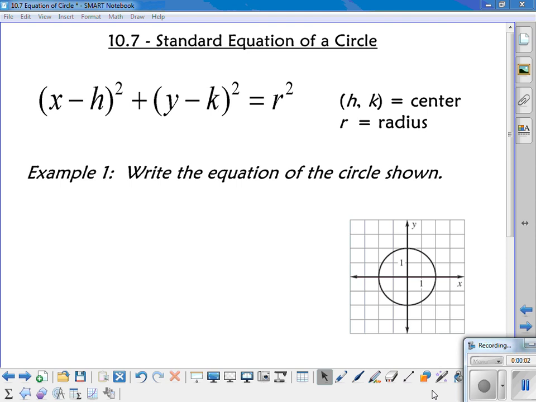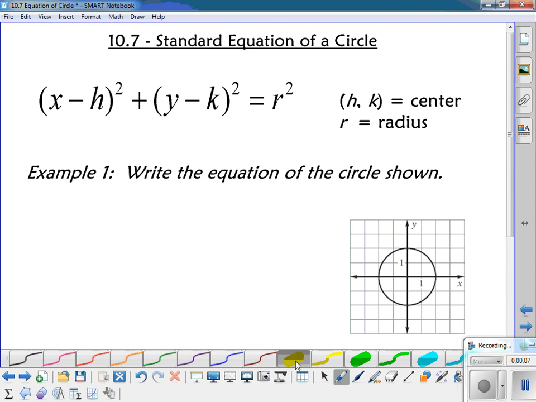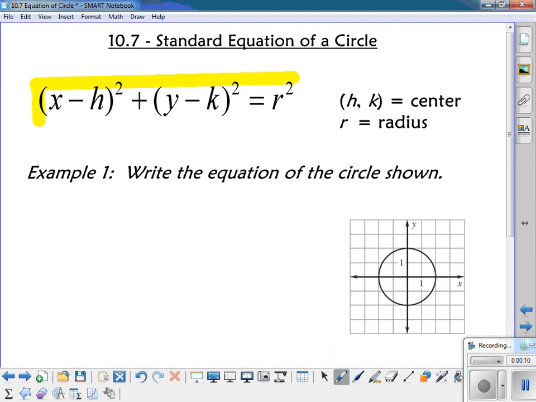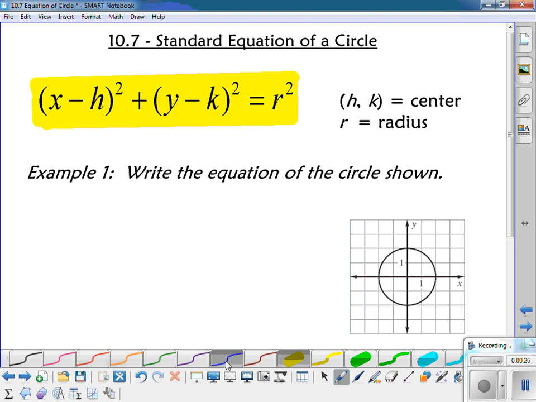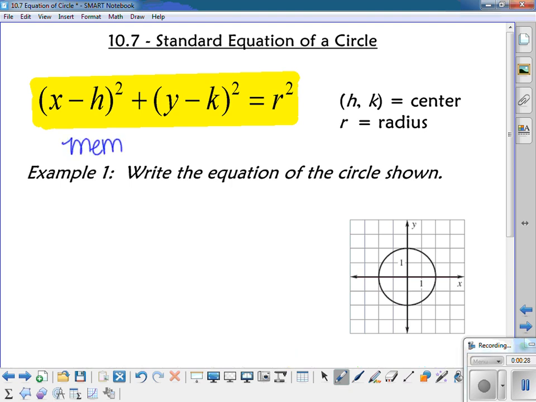Okay, so today we're going to be learning about the standard equation of a circle. The form for the standard equation of a circle is (x − h) squared plus (y − k) squared equals r squared. h, k are the coordinates of the center of the circle, and r is the radius. So you guys need to memorize this equation. Highlight it, put stars around it, make yourself flashcards, whatever you have to do, you need to memorize that